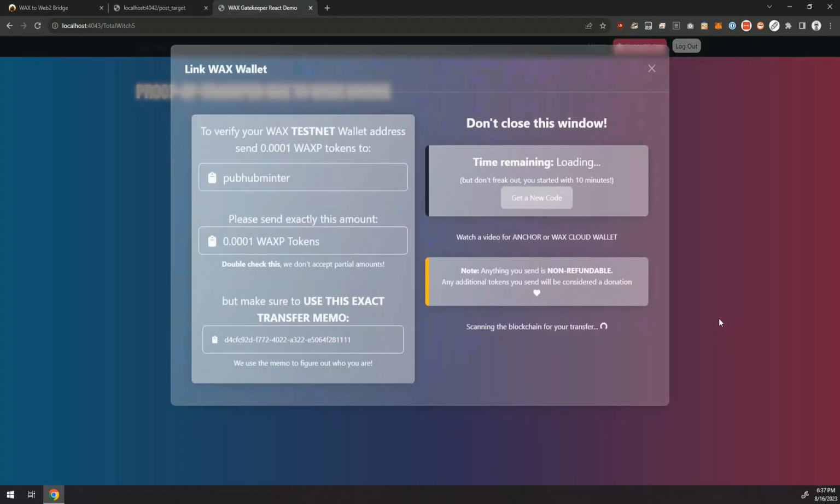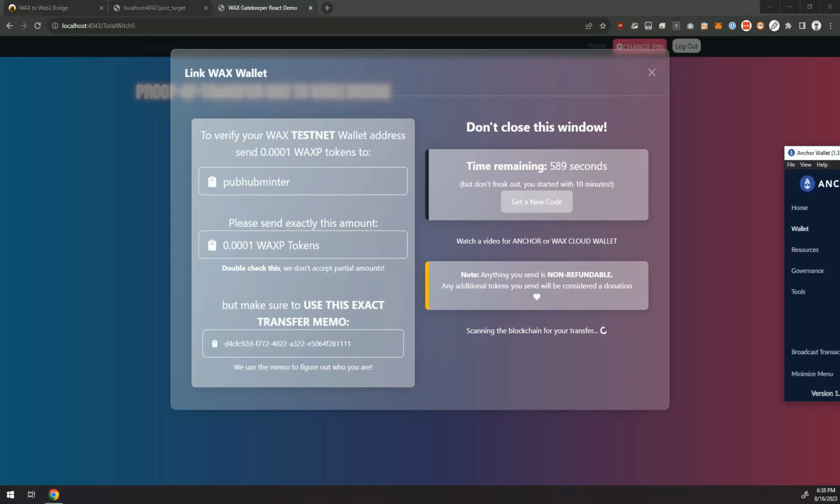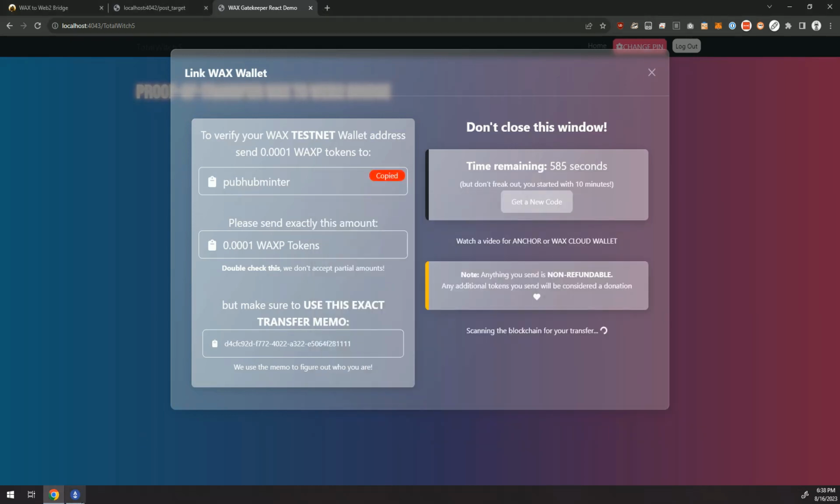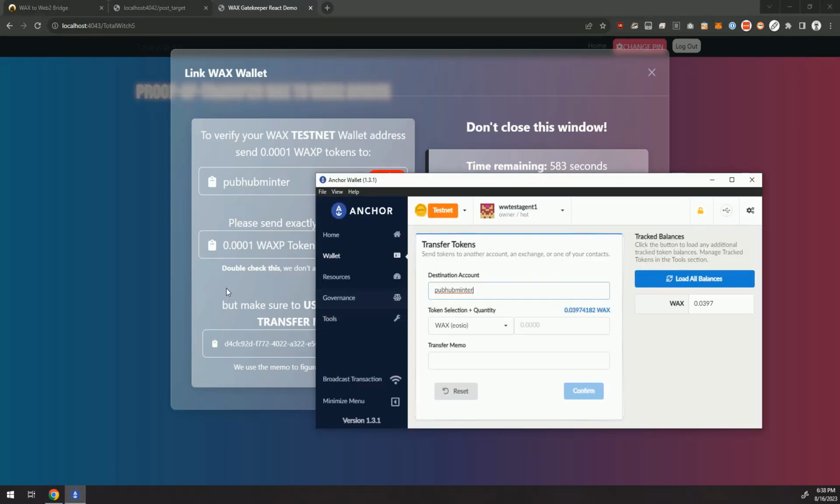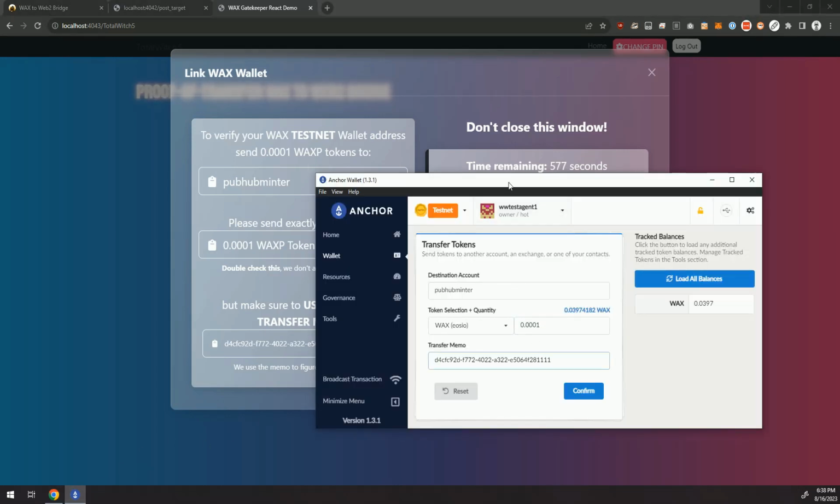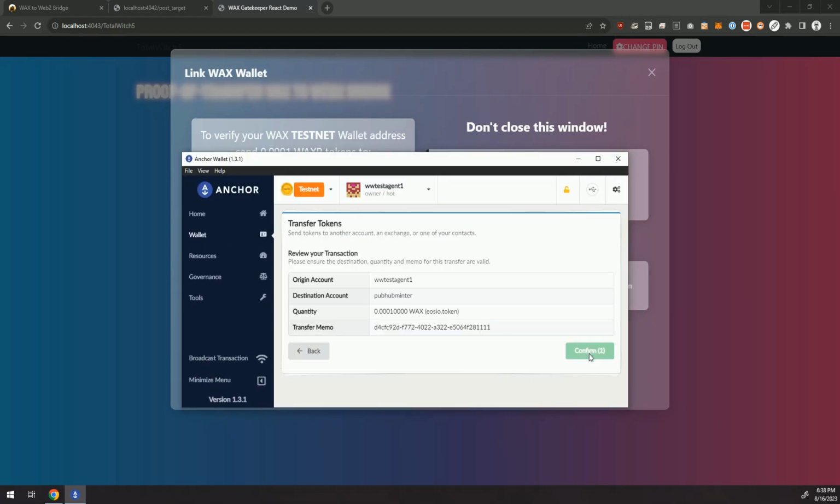So if I click on Start, you can see that we've gotten issued the same challenge that we saw before, but it's all styled to look like the hosting application. The transfer memo and everything else works the same way, so I'm going to pull over my Anchor wallet again. We're going to fill those in again. So I've copied it to my clipboard, copying the amount, copying the memo, and you can see that if we click on Confirm and we send the transaction,